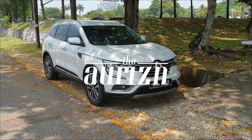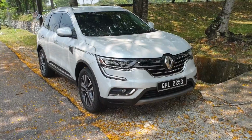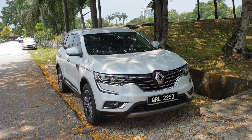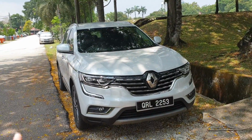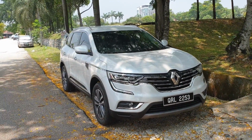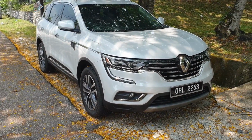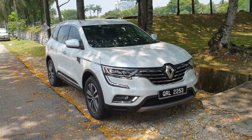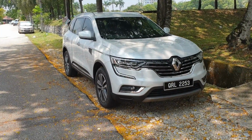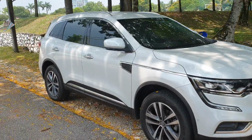Hi guys, this is the Renault Koleos, which I've reviewed in an earlier video. The previous car that I reviewed was an all-wheel drive model. This is the front-wheel drive version. As I mentioned in my previous video, equipment-wise, at least in terms of functional stuff, the two-wheel drive model is almost exactly the same as the all-wheel drive. The only difference is, of course, the drivetrain, and also the fact that